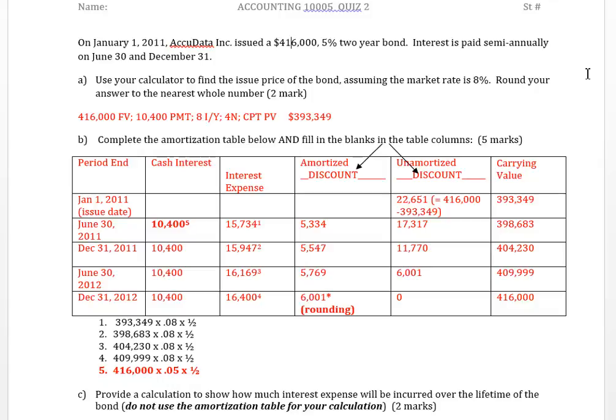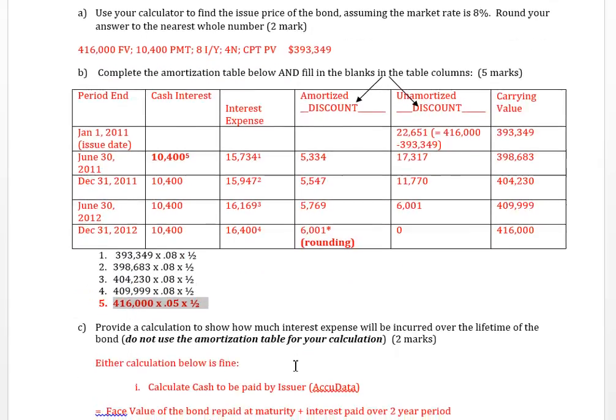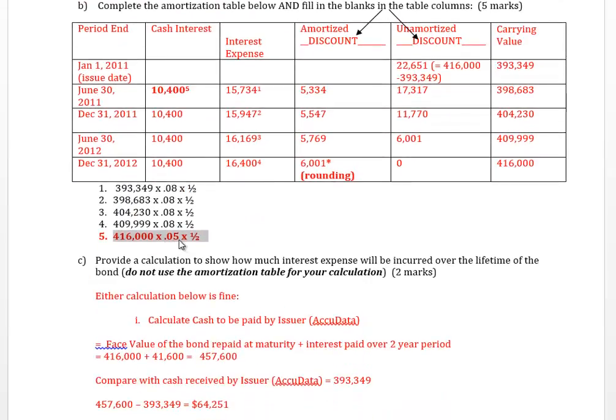So first thing we're going to do is see how much less than the face value the proceeds are. So we know that the amount of the future value we're going to pay is $416,000. Your PMT is going to be $10,400. Now that would be equal to the face value of $416,000. I have a little calculation here: $416,000, which is your face, times your coupon, times 1/2 because each payment is made every 6 months,